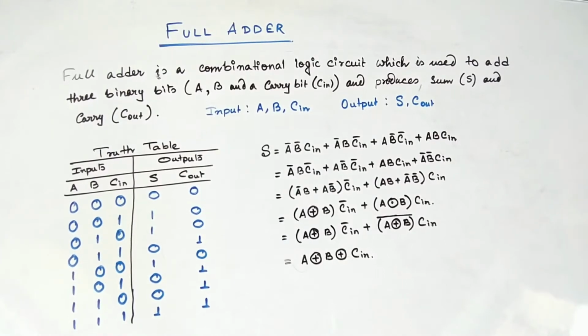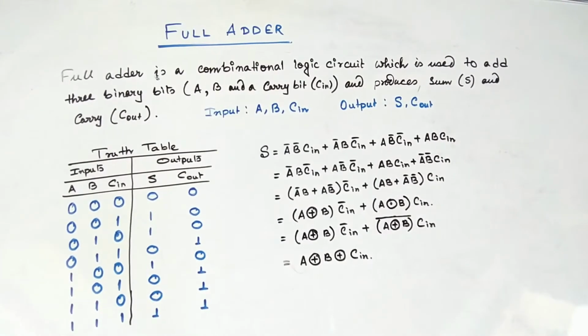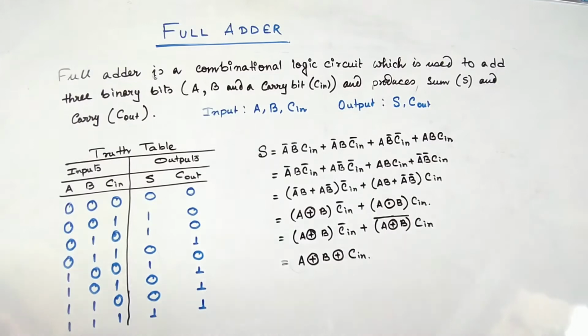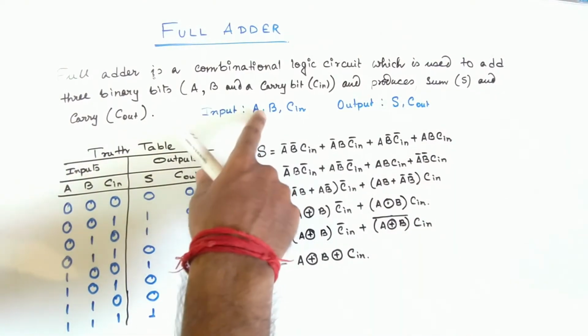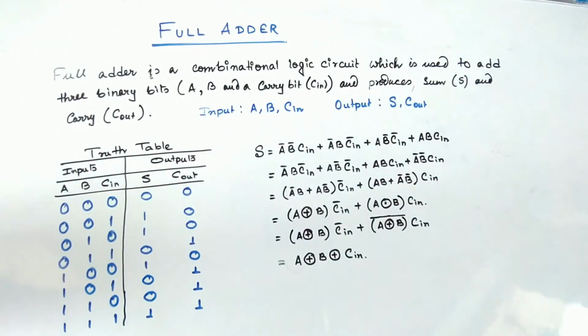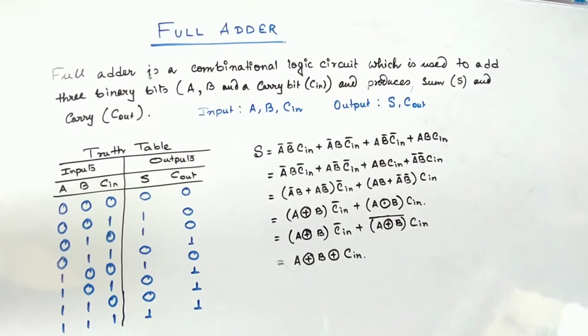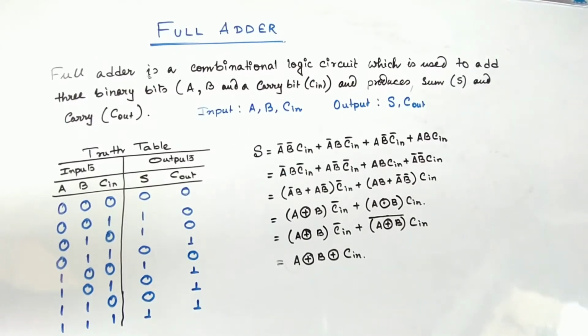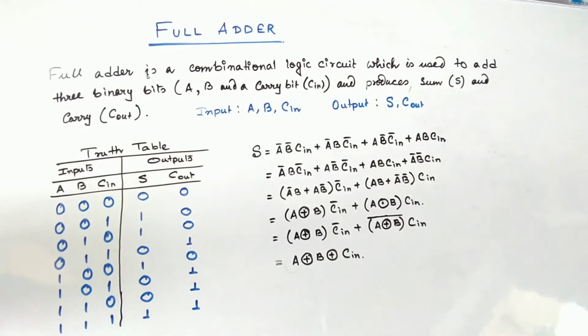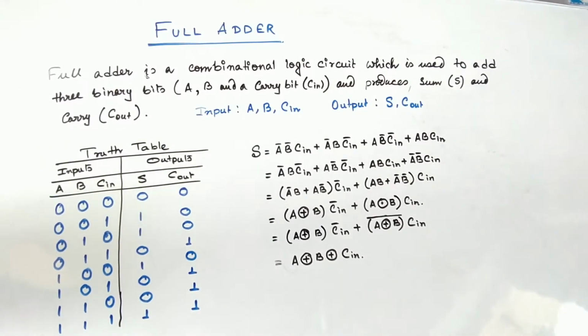So when the carry bit is getting included, we have the full adder, which can perform the addition of three binary bits. As input, we have two binary bits along with one carry bit, and we are getting the same output: one sum and one carry out. So let's see the truth table. Here we are adding three binary bits. Since in the input we have only three variables, we can make 8 possible combinations, 2 to the power 3, which is equal to 8.